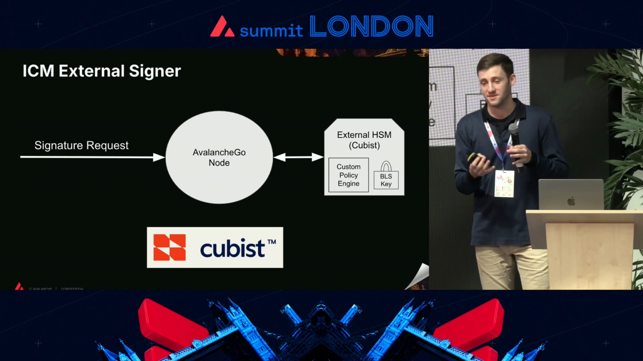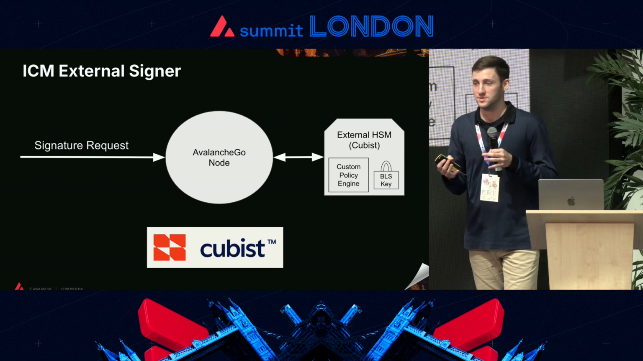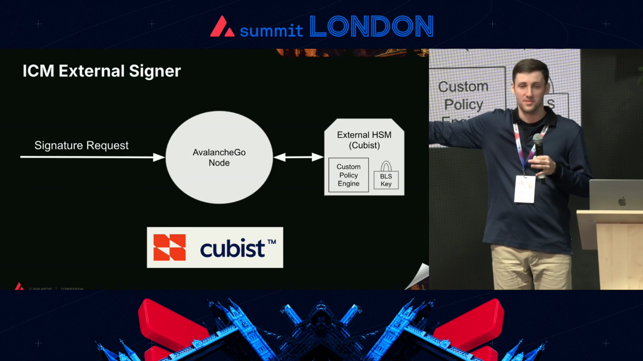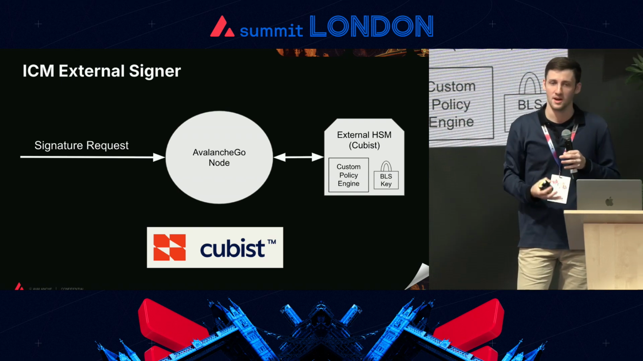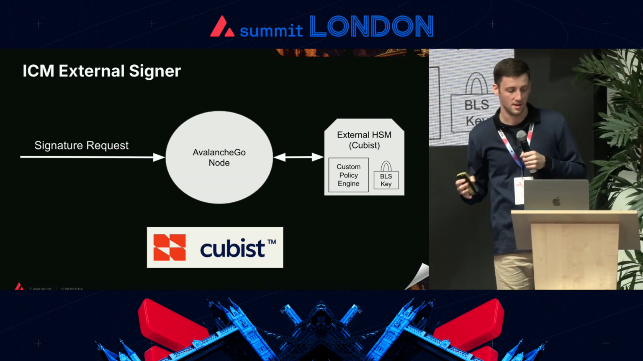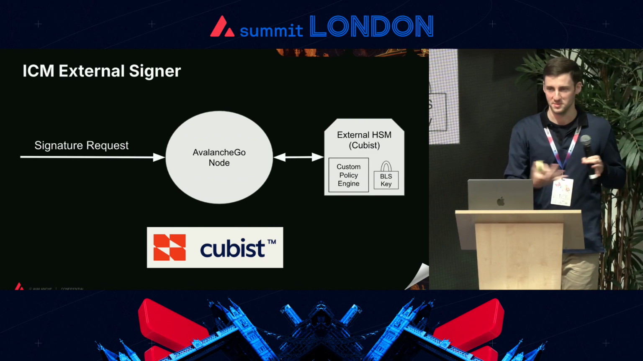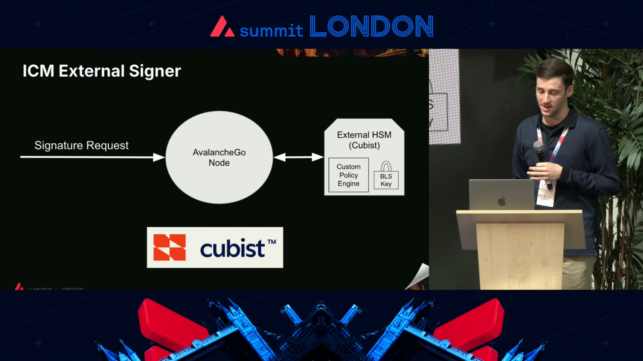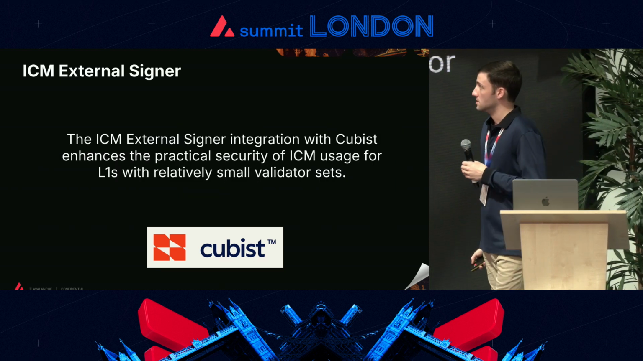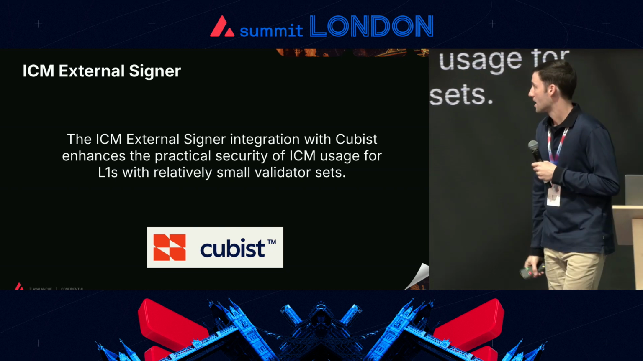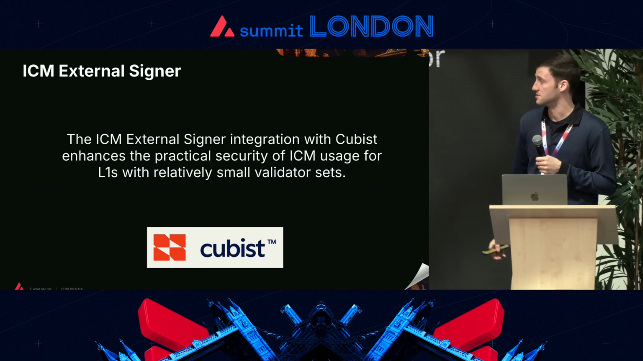However, if the chain gets compromised, those attackers could theoretically steal the funds on the C-Chain themselves, not just on the network, and that creates a larger security risk than just for the network itself, which could always be hard forked in the future if necessary. So the ICM external signer integration with Qubist enhances the practical security of ICM usage for L1s with